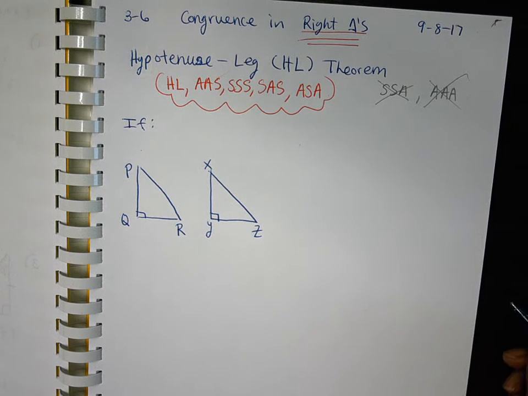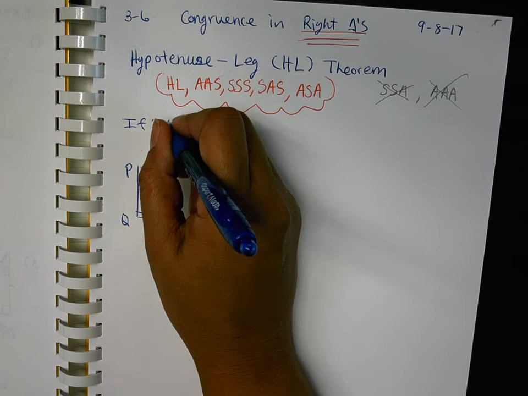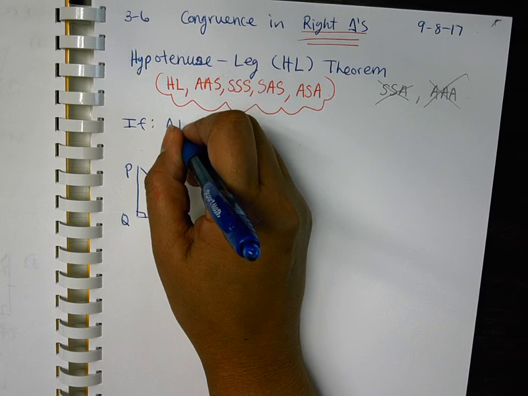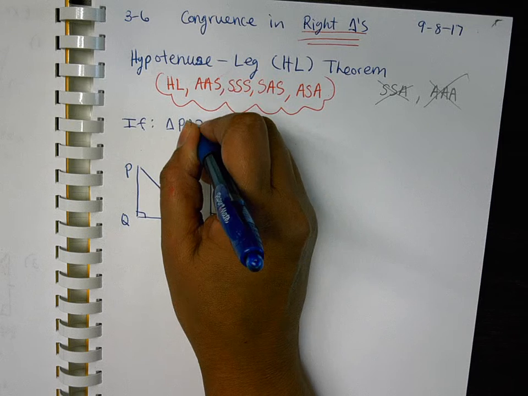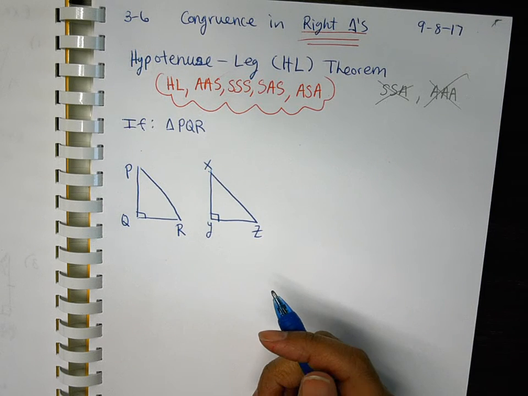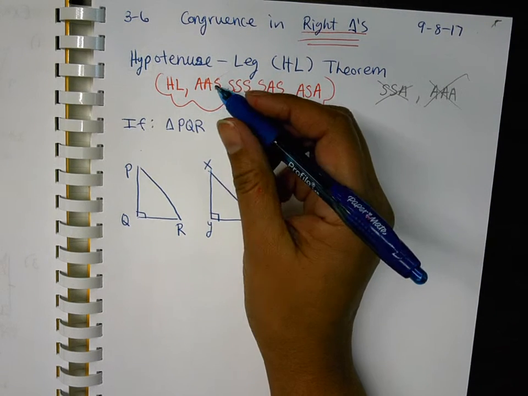And we are going to have if triangle PQR